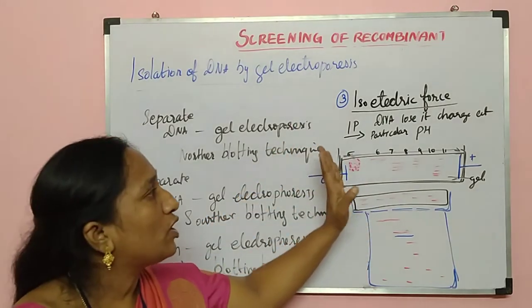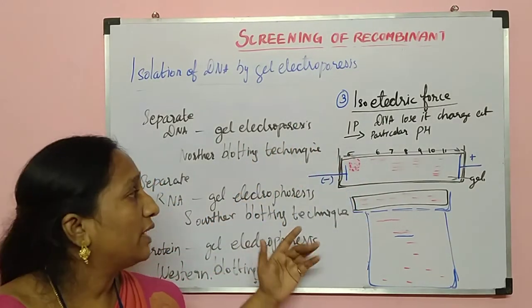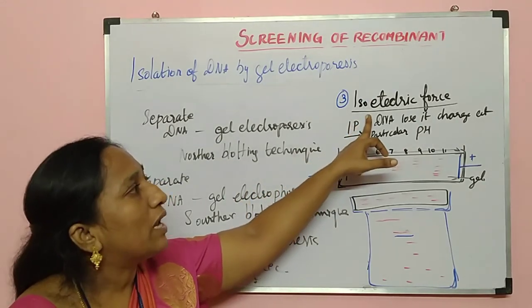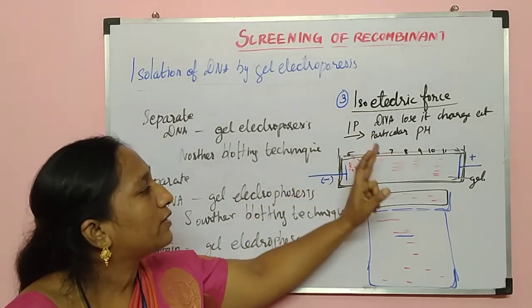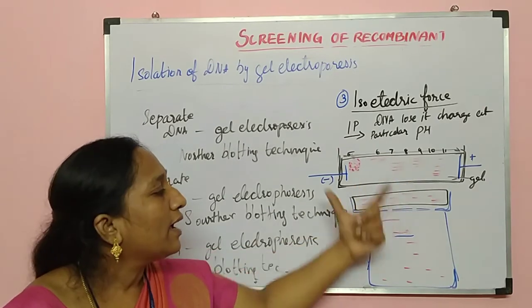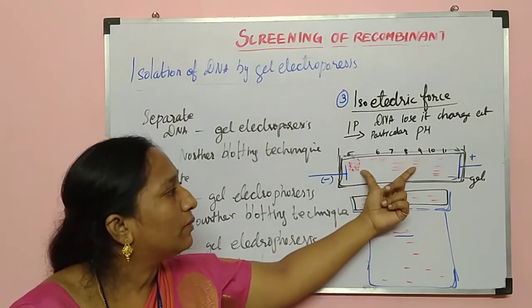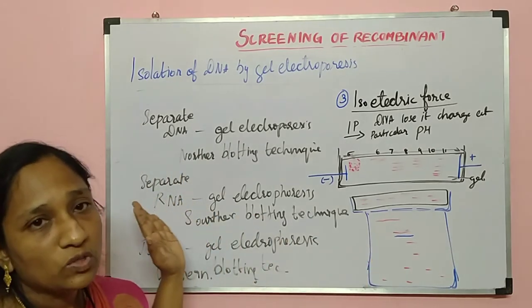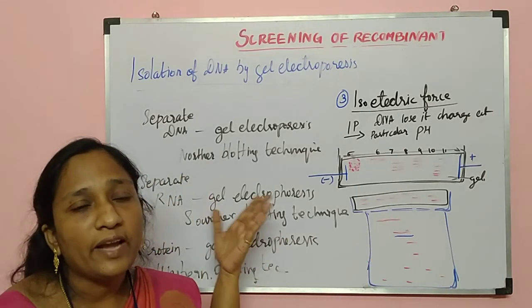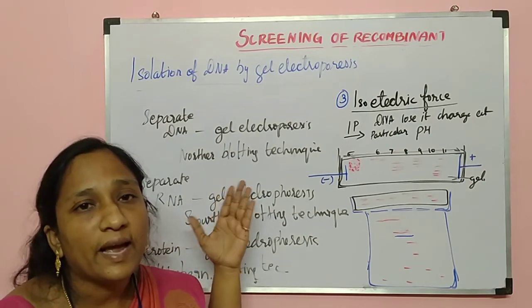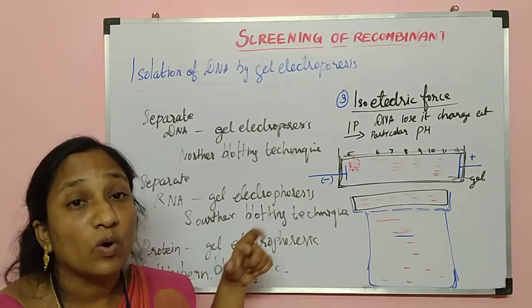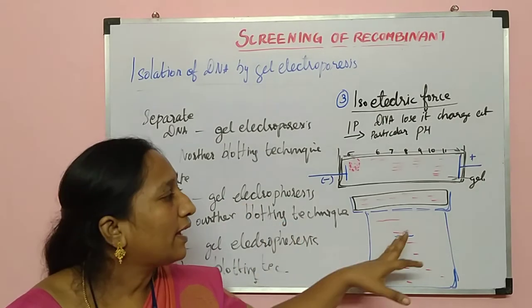What are separation of DNA? Separation and isolation of DNA. By means of an electric field, separating the DNA fragments and then transferring from the gel to the plate. Then from the plate, by using the ethidium bromide we can illuminate, or by using the DNA probe, by doing the hybridization method, we can easily trace out where the DNA is located and what the complementary sequence in the strand is.